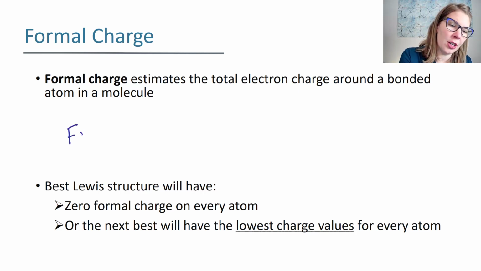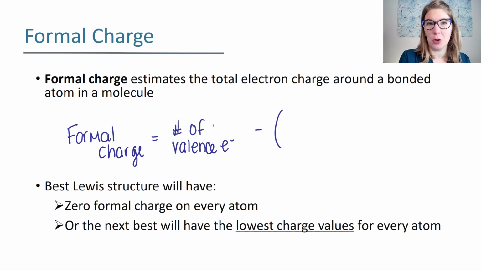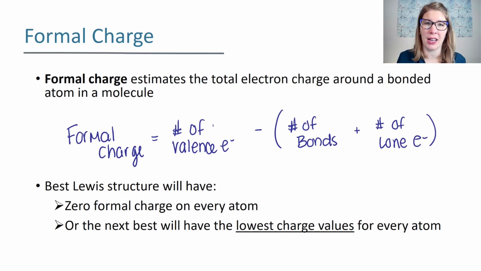So your formal charge can be calculated by taking the number of valence electrons for an atom, subtracting the number of bonds and the number of lone electrons. So not lone pairs, but individual electrons on that atom. Our goal for formal charge is to have the lowest formal charge possible and to have the fewest atoms experience